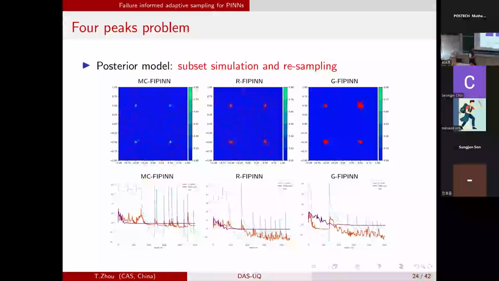It means that we will not change the number of training points. The points begin like this, and eventually they will concentrate on the singular part. We keep the number unchanged. For this example, we just use subset simulation and rescaling, and then you will eventually control the number of training points, and all the points will concentrate on the singularity